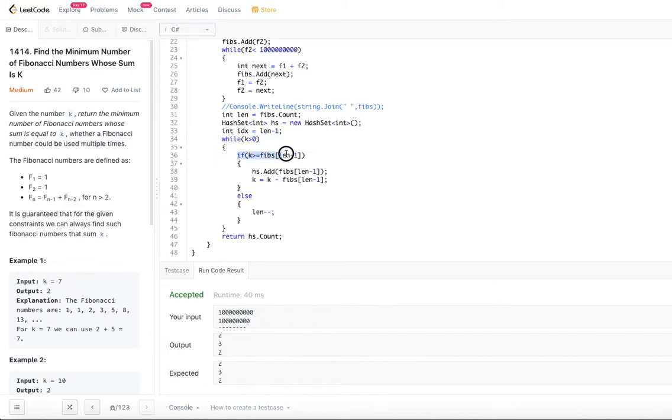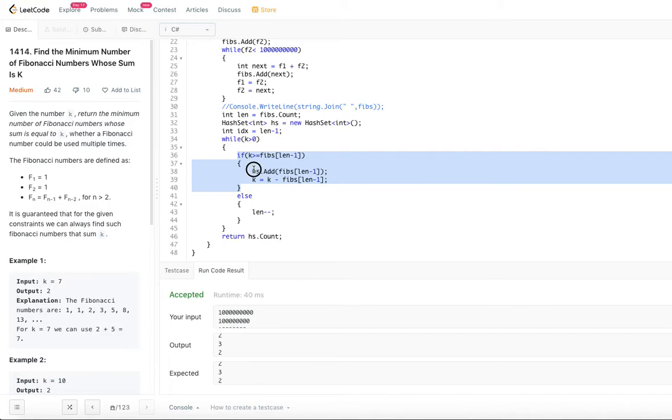If k is greater than fibs of len minus 1, the current fib number, then you subtract that fib number and add it into the hash set. As long as k is greater than the current fib number, you keep on adding, but otherwise you decrement the fibs index so that you could do the subtraction from there, likewise.